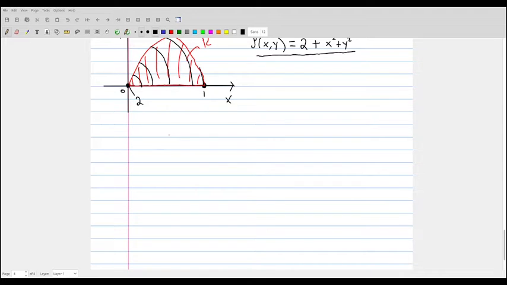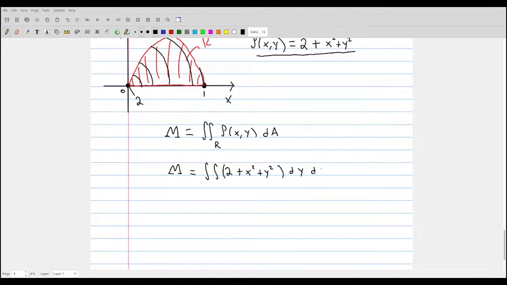Specifically, the total mass in the region is equal to the double integral over the region of this density function, and this region is a non-rectangular region, so we have to be careful with our bounds for integration. It's the double integral of the function 2 plus x squared plus y squared